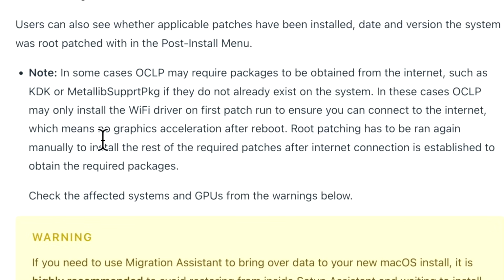In these cases, OCLP may install only the Wi-Fi driver in the first patch run, and this is very important to understand. I wanted to call this out because I've seen this. Someone says, hey, I installed the patches and my system's still running, so I got a white background, everything's slow. That's because just the Wi-Fi driver was downloaded,